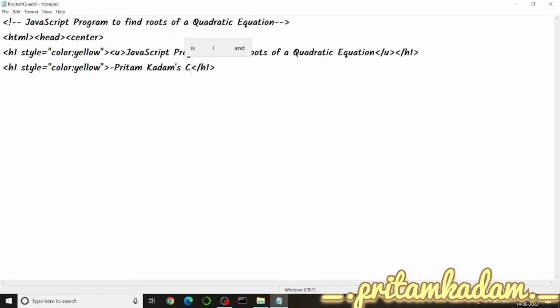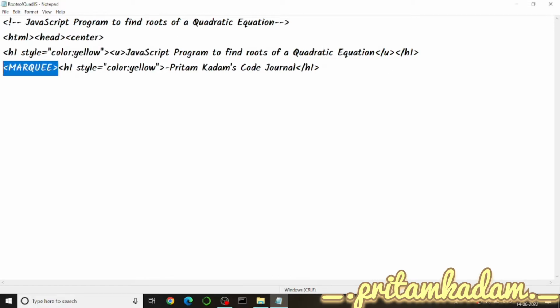Now after this I have to give out the quadratic equation and then I have to make the border. So for the border I will use the text decoration, in the style only. So let us go ahead. I have closed the h1 over here. Let us use marquee so that this Pritam Kadam's code journal would be moving on the web page. So I will just copy paste this part to close that. So over here now